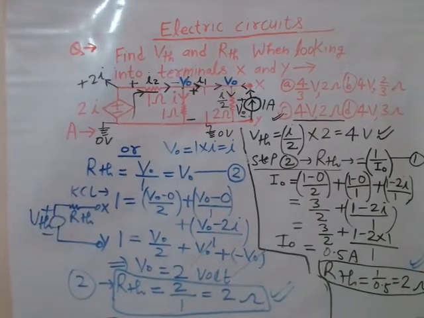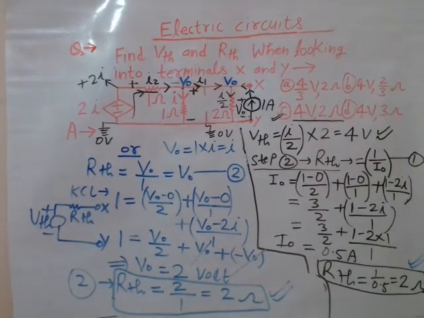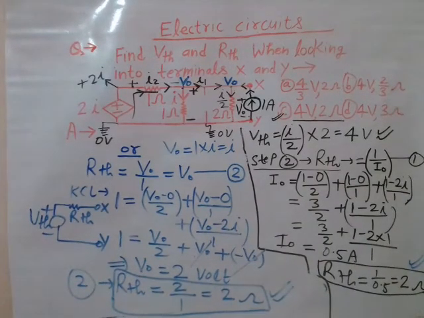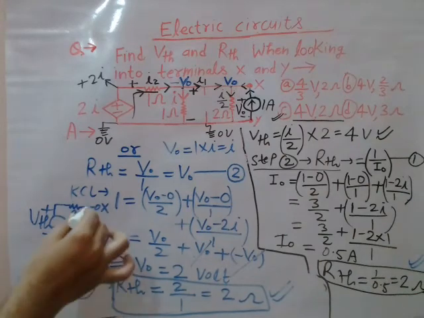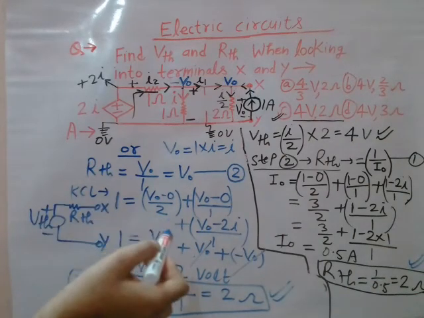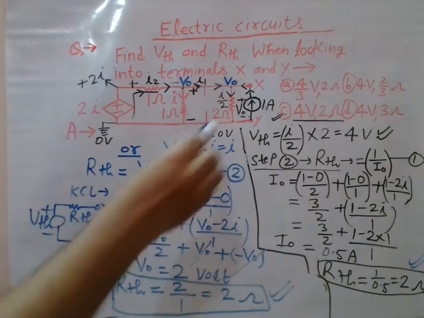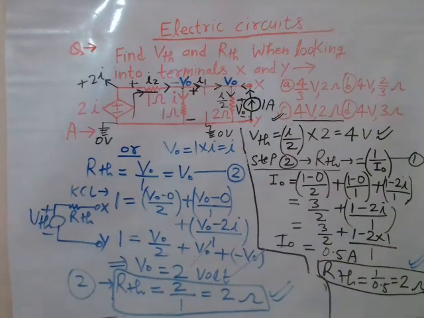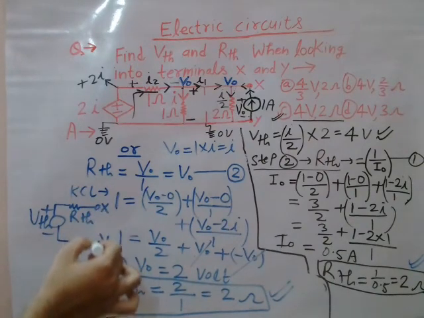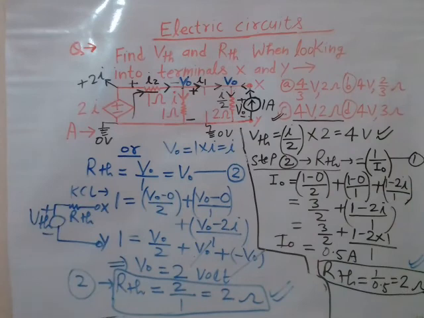So this is my Thevenin's equivalent circuit across the desired terminals X and Y, that means VTH in series with RTH. So like this you can find out the Thevenin's equivalent circuit, right? Now if any resistance is connected across X and Y, you can calculate the current, power loss, and whatever is asked. But since no resistance is connected across X and Y, leave it as it is. So VTH in series with RTH is the Thevenin's equivalent circuit, right?